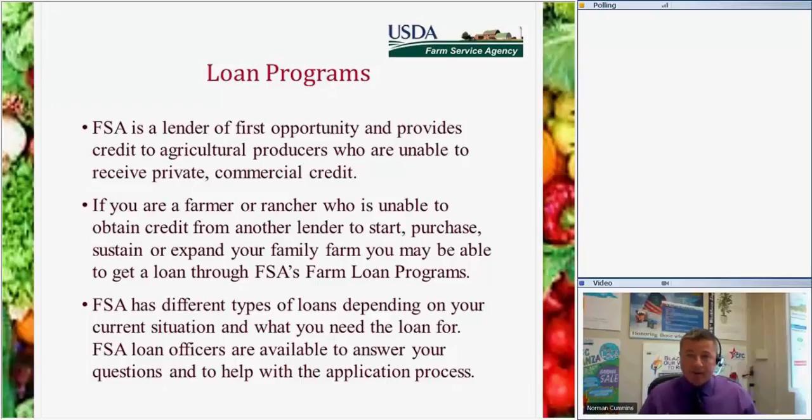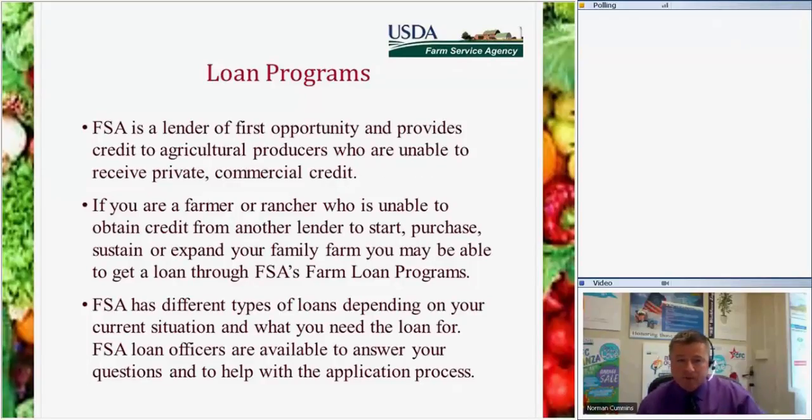As far as our minorities and women, we have money set aside for that, just in case we run out of non-beginning farmer money. We always make sure we try to have beginning farmer money and money for the SDAs, which is basically socially disadvantaged. And we want to make sure that we do have the funds out there for you.